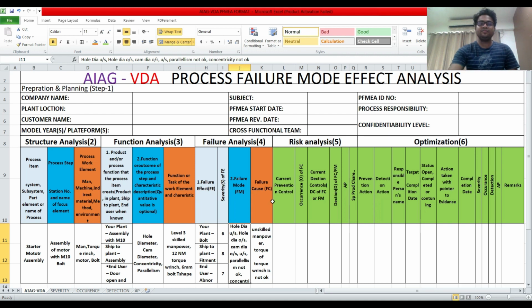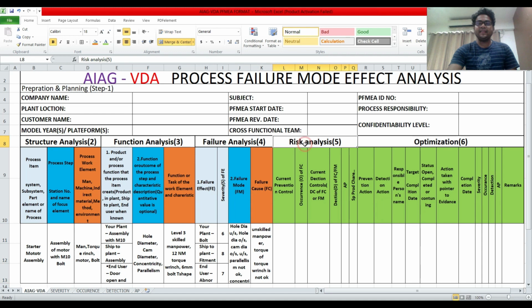Then the cause: what are the causes of the failure modes? This is linked with the function or task column. There you required Level 3 skilled manpower, but you did not get Level 3 skilled manpower, meaning you got unskilled manpower. That's why your failure cause can occur in your operation.